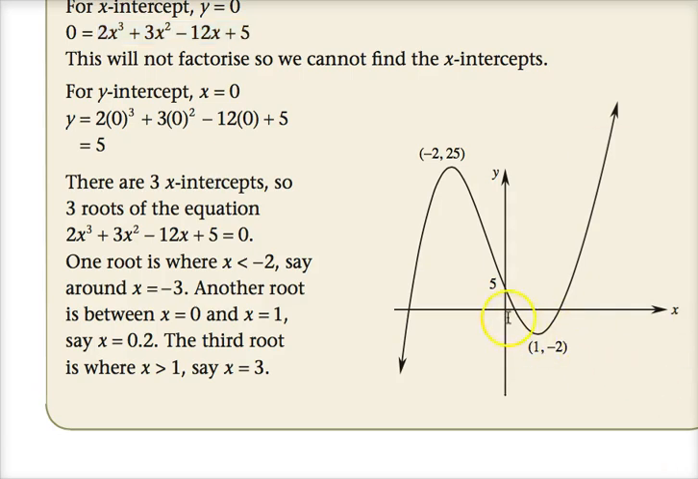Now, how many roots are there to this equation? Yep, 1, 2, 3 roots to this equation. So there are 3 x-intercepts, so we've got 3 roots. We know that one of them is less than -2. The other one is probably between 0 and 1, and the other root is bigger than 1. All right, but you don't know exactly where. All right, now,